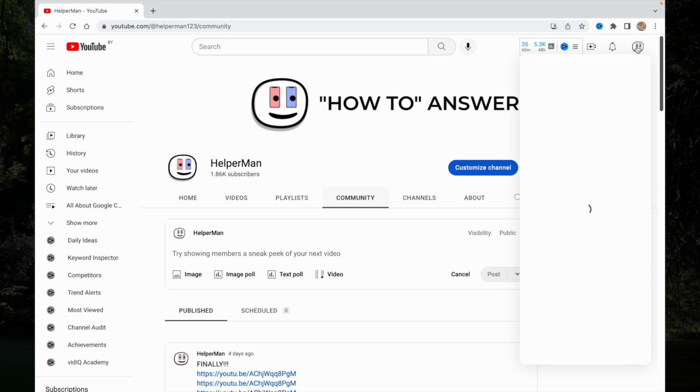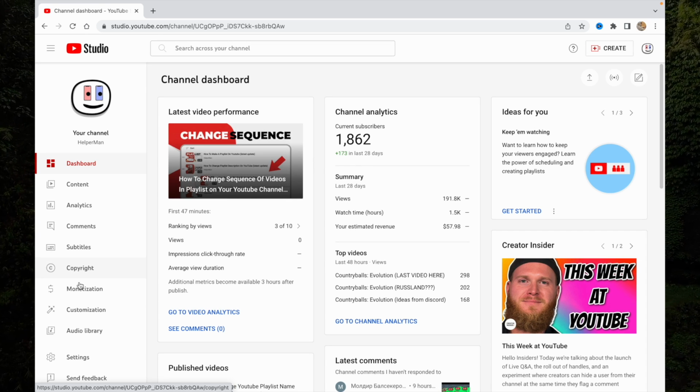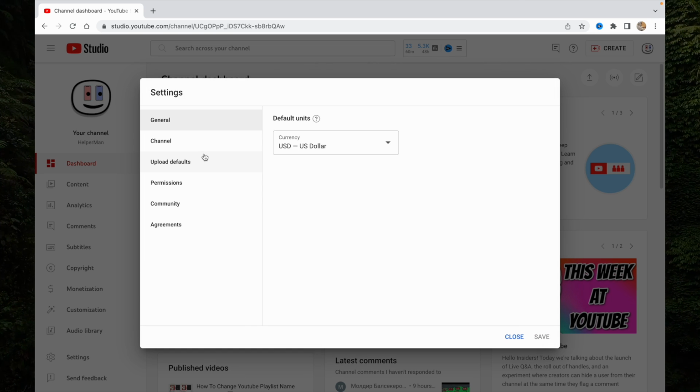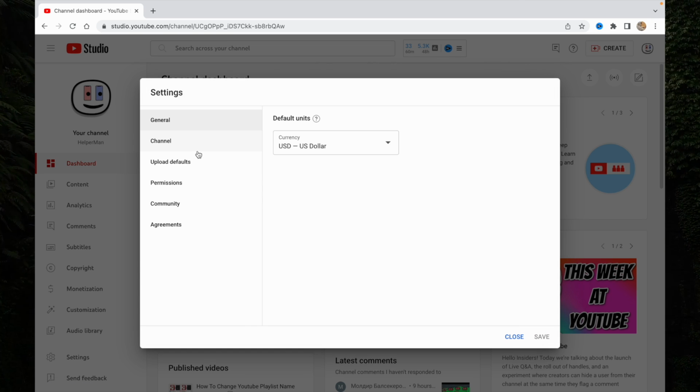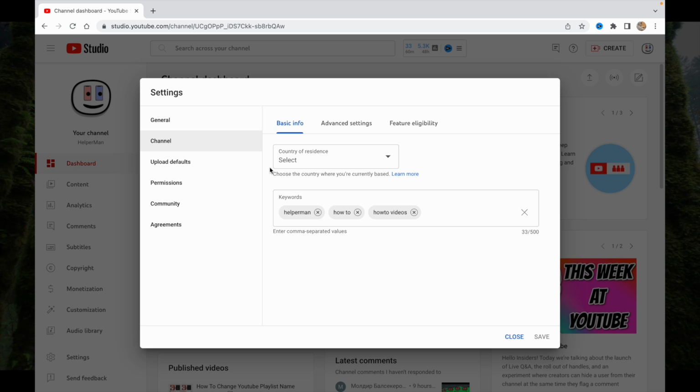So to check it, we just need to click on your icon in the corner and then go to YouTube Studio right up here. Go to settings, and here we need to find the channel button. Click on it. And now go to feature eligibility